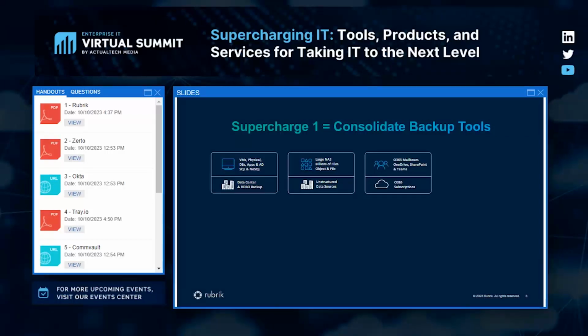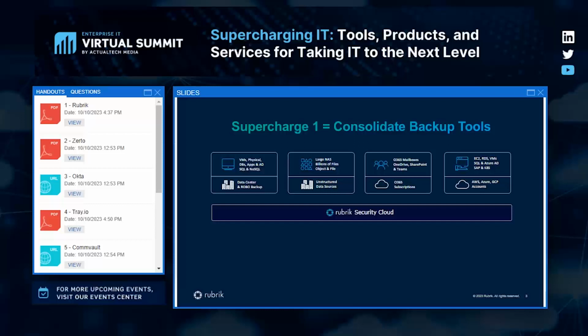Microsoft doesn't back it up. You have to. And then furthermore, you're also going to have workloads in the cloud, either lift and shift or born in the cloud, or plans to do so. So the first supercharge that we give our customers is a platform that we call the Rubrik Security Cloud, that